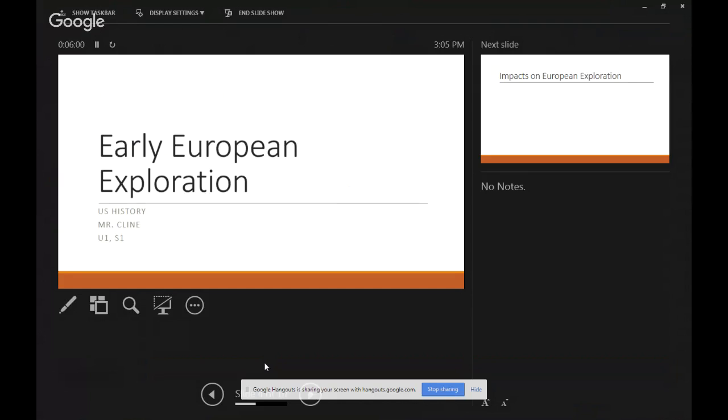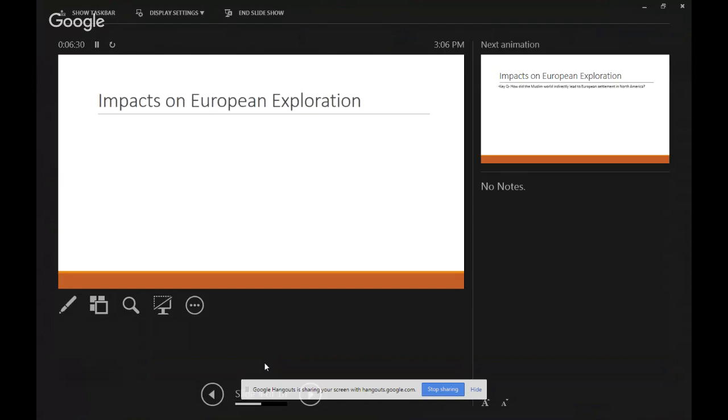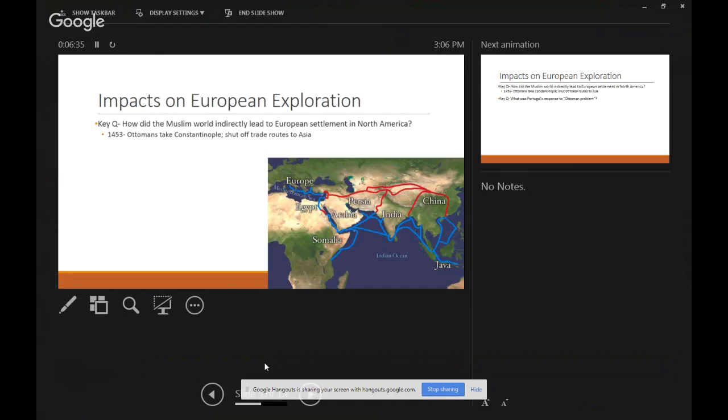And when I approach this class, I look at it as a story. It is a story. And every story has to have a beginning. We've already looked at the early Native Americans. Now we look at the other group. The other group that is featured in this first chapter, and those are the Europeans. And when we talk about these Europeans making their way over to this new world, what will eventually become the United States, we have to start that story way back in 1453. That's got to be our starting point today.